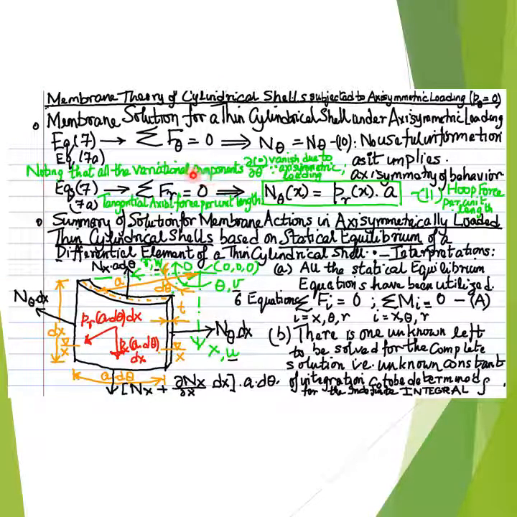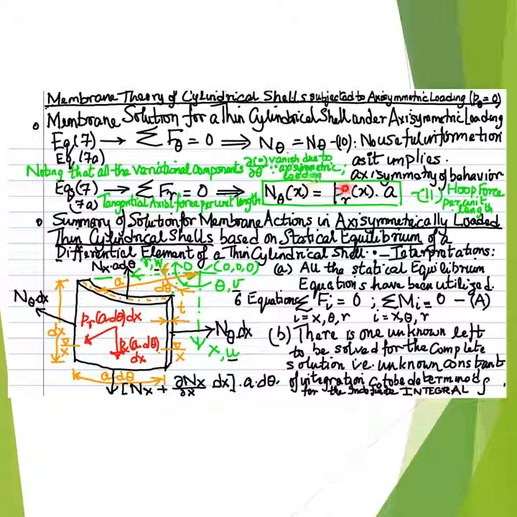Hence, the substitution of equations 7 and 7a into the statical force equilibrium equation in the radial direction results in a relationship for the tangential axial force n theta x, measured or specified per unit length, with the external radial load PR,